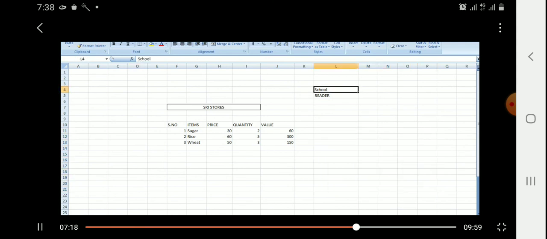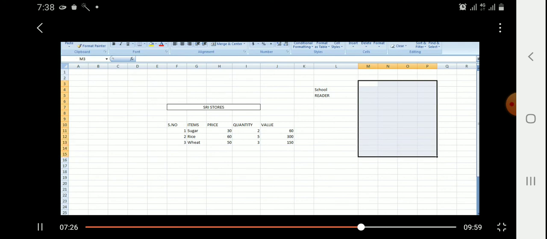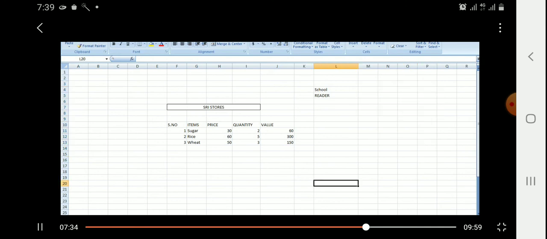This is a single active cell. Okay, now this is the range of cells. Many cells, more than one cell. Okay students, that is called the range of cells. Now this is the range of cells. Students, I think you would have understood by this time.